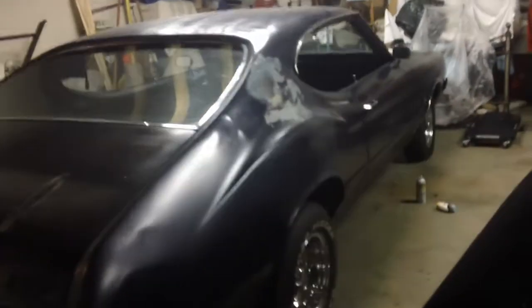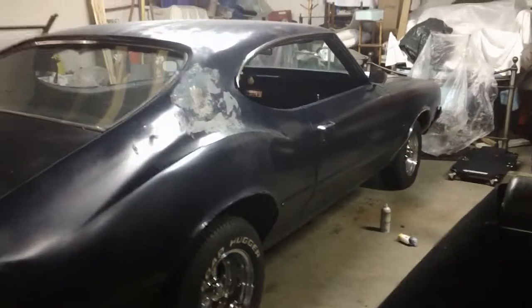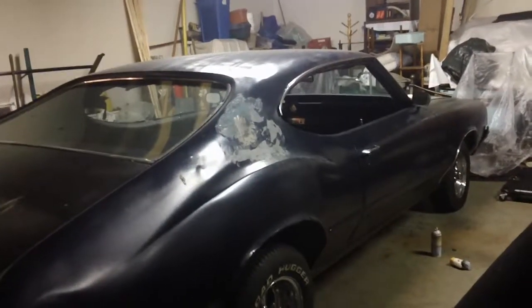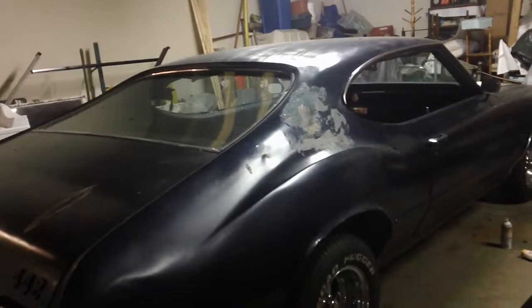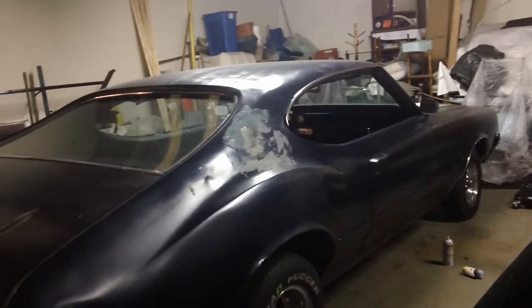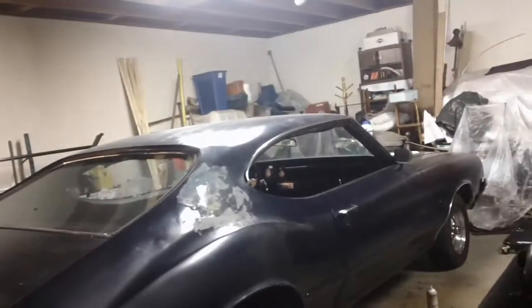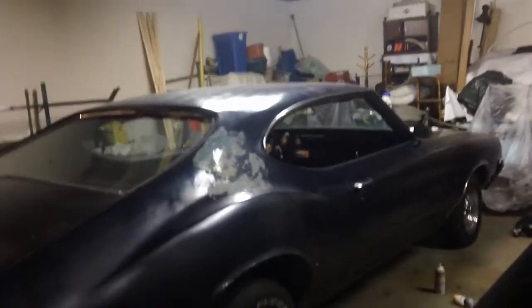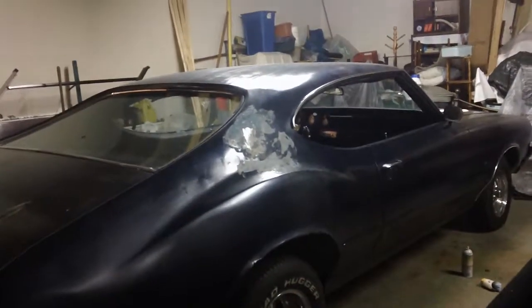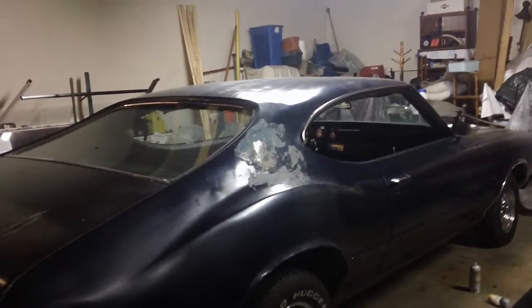So, the actual car from Mad Max is a 1973 Ford Falcon XB from Australia. It's not a car you can get in the US. So, I did a lot of comparing photographs and lengths and widths and measurements and stuff, and I came to the conclusion that there are two cars I could have done this with. One being a 73 Ford Torino, the other one being this, which is a 72